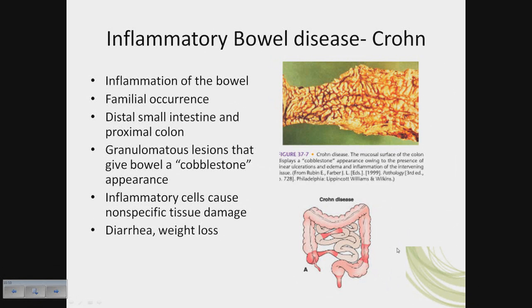Crohn's disease typically affects the small intestine, the distal portion of the small intestine, and proximal colon. It leads to granuloma-like lesions or granulomatous lesions that give this kind of cobblestone appearance. It is, again, the inflammatory cells that are causing this non-specific tissue damage. The patients will present with diarrhea and weight loss. That concludes the end of our disorders of